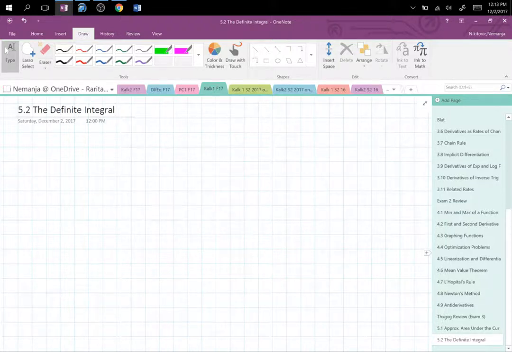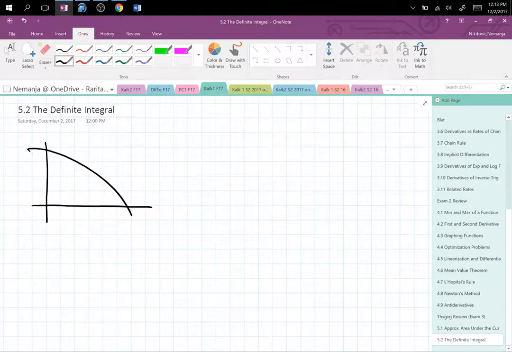Hello and welcome back to Calculus 1, section 5.2, the definite integral. So we are going to look now at the definite integral, its definition, where it comes from. And we start with the idea that we already covered in 5.1, where we had a function, and we said from A to B,